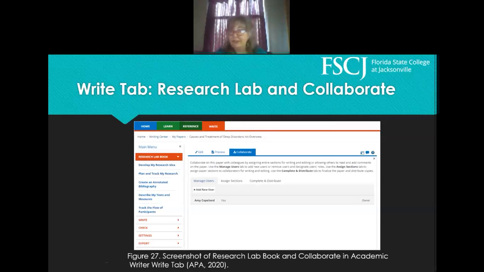There are also tabs for describing the tests and measures if a student is, again, performing that independent research. And they can even, if there are people participating in that, they can track those participants. Beneath that, there are some orange words. So the right is just where we were before. Check will